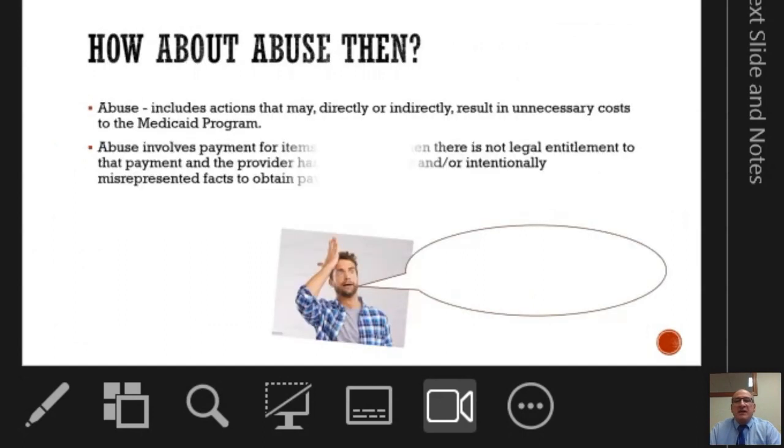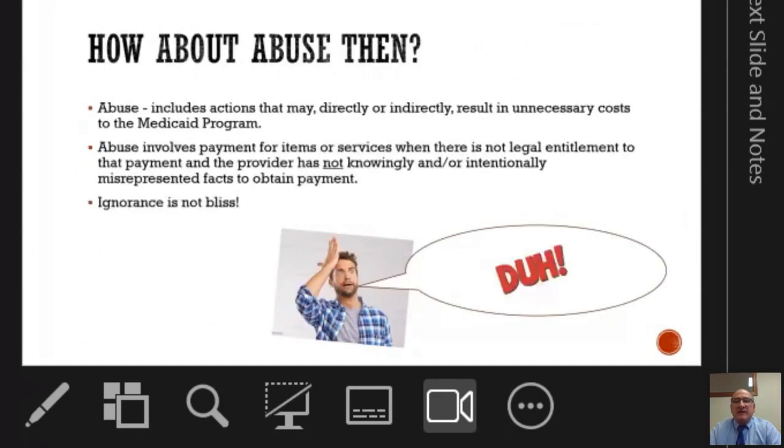So what about abuse? Abuse is about, well, I thought I was doing it correctly. It turns out I wasn't doing it correctly. So it involves getting payments for services when there's no legal entitlement for that payment, and the provider hasn't knowingly or intentionally misrepresented. Ignorance is not bliss. The government expects us to know the rules. They expect us to apply those rules consistently with how we collect data and submit claims to Medicaid, for